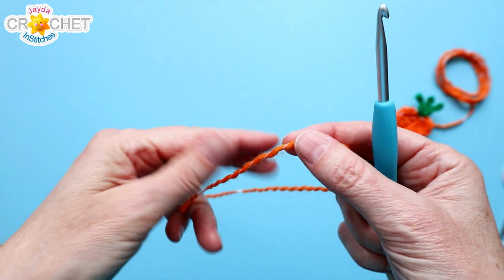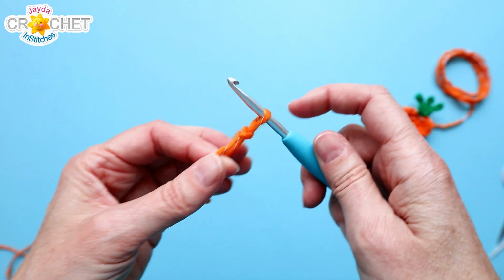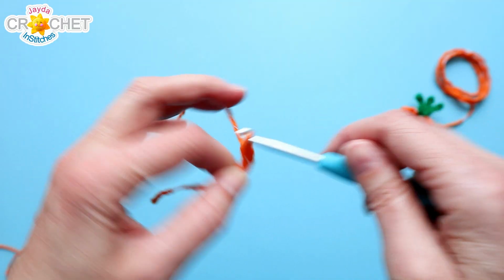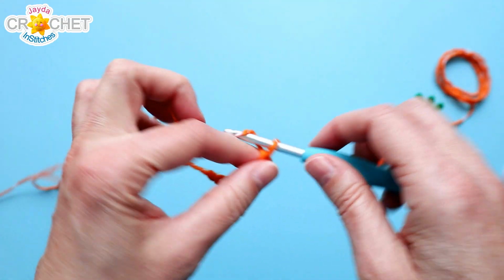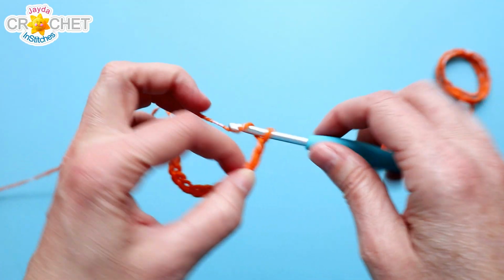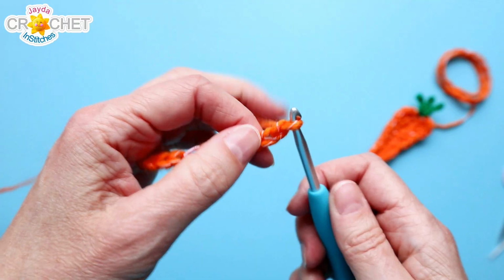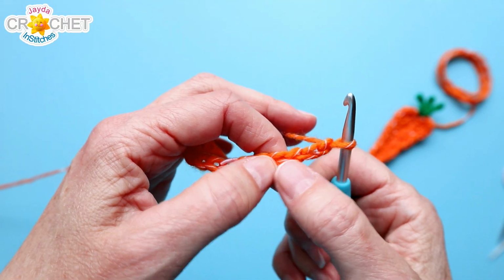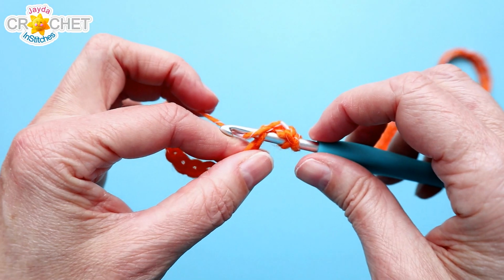We're going to begin with our orange yarn. We're going to make a slip knot, and we're going to chain 14 to begin. Once you have 14 chains, you're going to find the 4th chain from the hook. So skip the first 3, find the 4th, and into that 4th chain, you're going to work an extended double